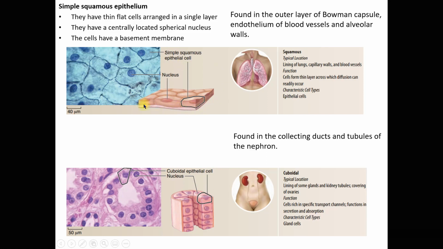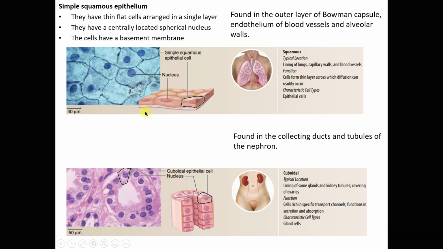The simple squamous epithelium can be found in the outer layer of the Bowman capsule, the endothelium of blood vessels, and alveolar walls, or you can say the lining of the lungs. Then your capillary walls, which are the endothelium of blood vessels. As for function, the simple squamous epithelium